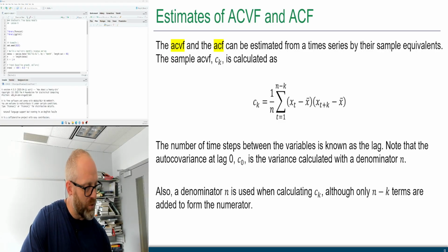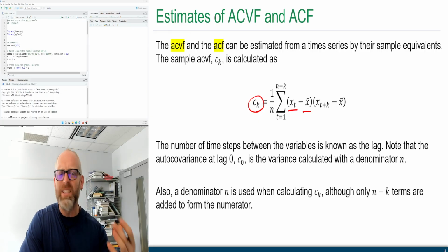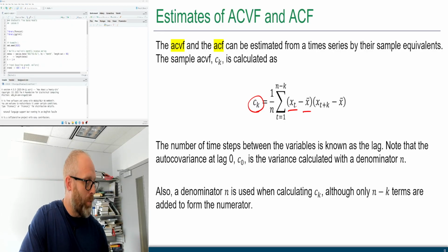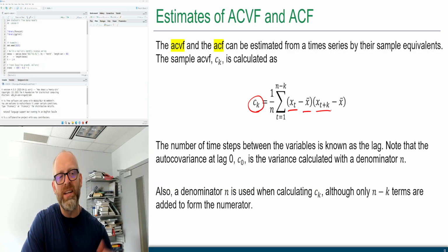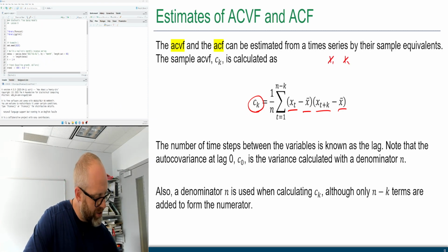So the autocovariance function, we can approximate it using this C sub k. I'm going to take the observation at time t and subtract the estimate for the center of my distribution. If I have n points, I find the center by just adding them all up and dividing by n. So I take my point at time t minus the center, and a point k jumps into the future minus that center. I multiply them together, and I do this until I can't do a calculation anymore, and then I divide by n. So if I have x1, x2, x3, x4, x5, all the way up to xn,